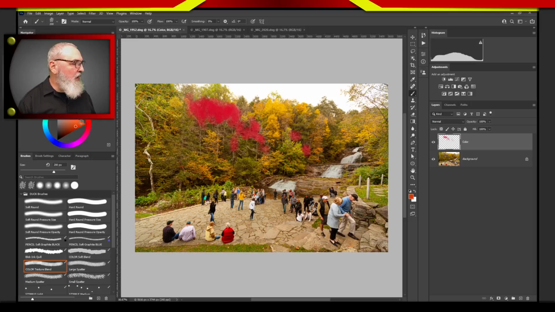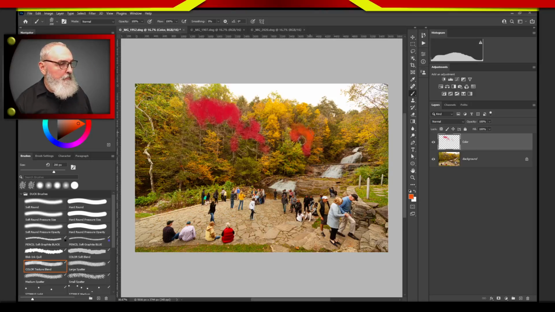So I'm going to go maybe with an orange over here. Let's get an orange to break up this area of yellow here. And I put a little bit of red in there into the deeper areas. And I'm not being overly careful where I'm painting. I want to keep it to the groups of trees. Let me see if I can